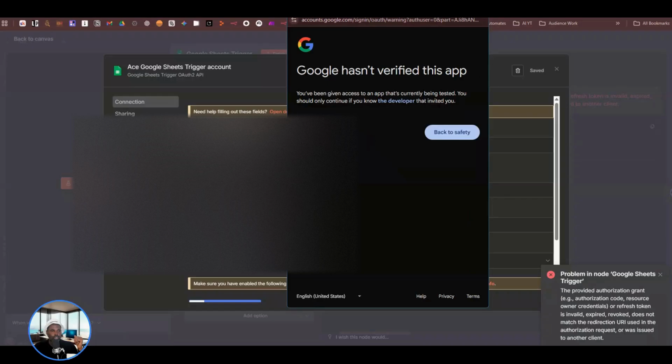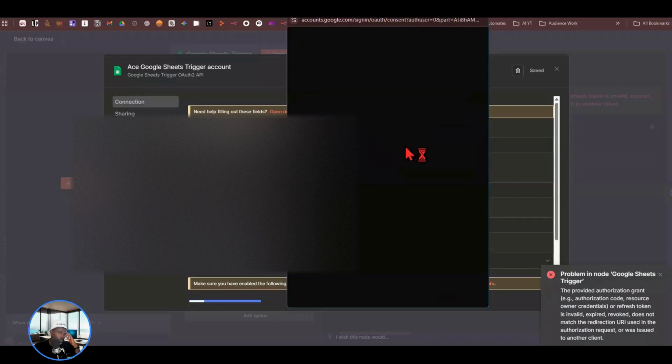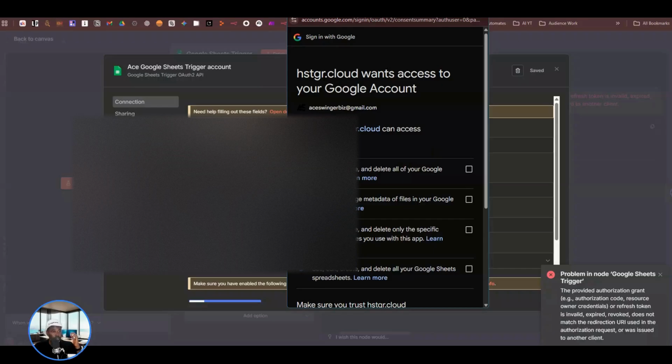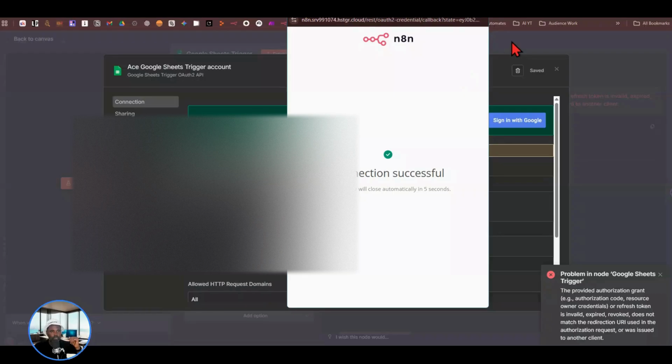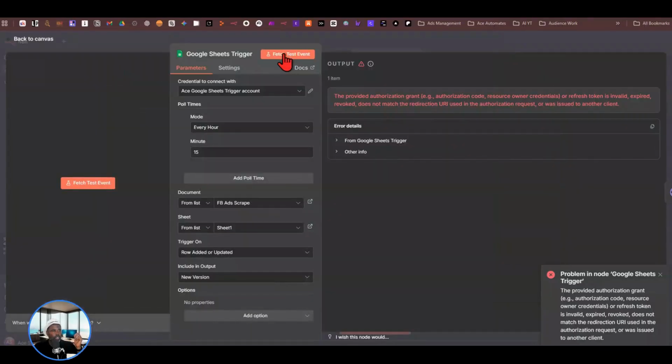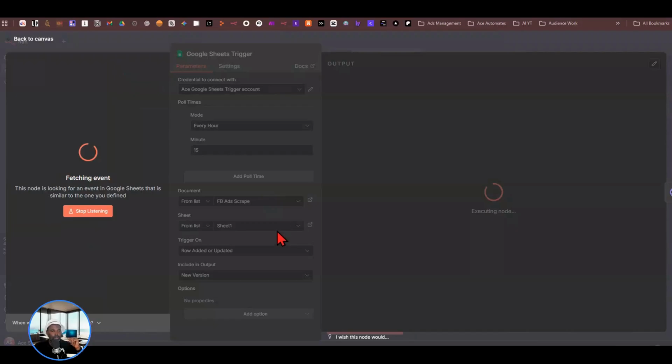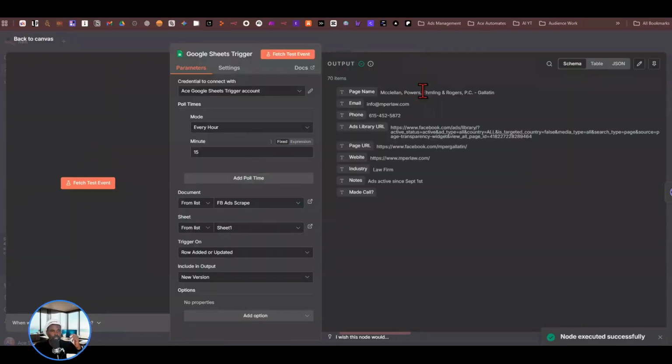Okay, and let's continue there. And of course, select all and continue, and I should be good from here on out. All right, so now let's fetch a test event from that sheet. It's going to read. It looked at the very first line, just pulled it in for me, just to go